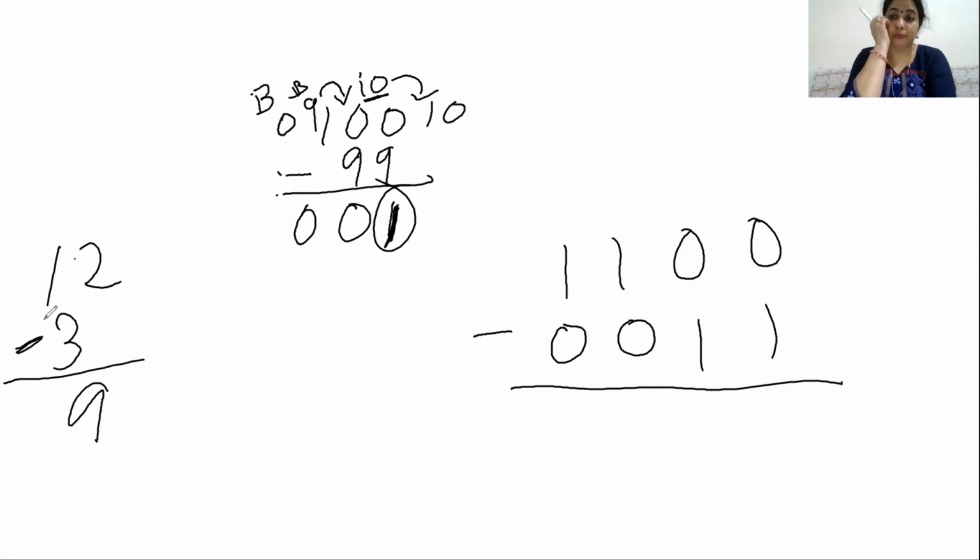Now what to do here? Now you have 0 minus 1, it will not be possible. Again, just like your 100 minus 99, you have to carry. So first you have to carry the number to here. Okay, this became 10, and the balance will be here 0. Okay, now this is the 0.